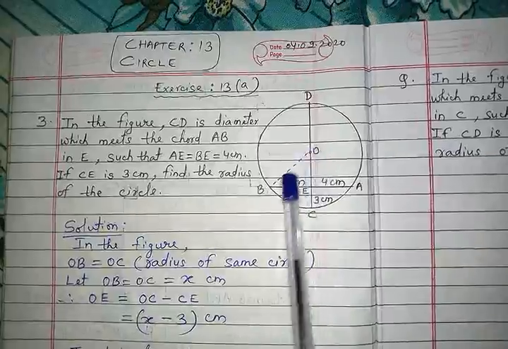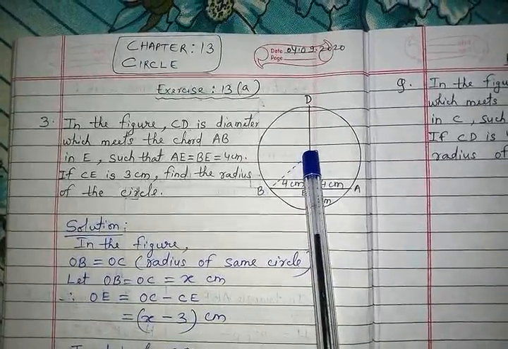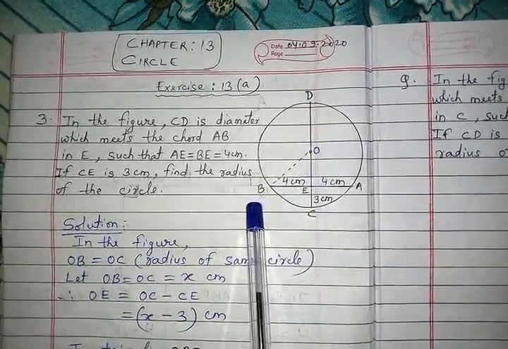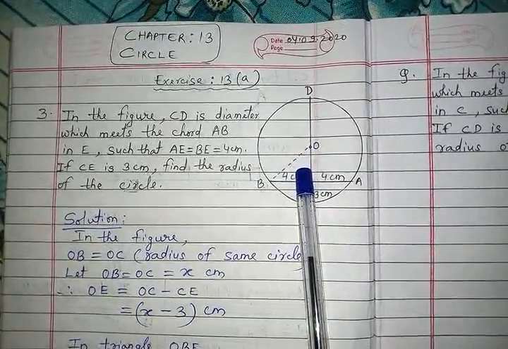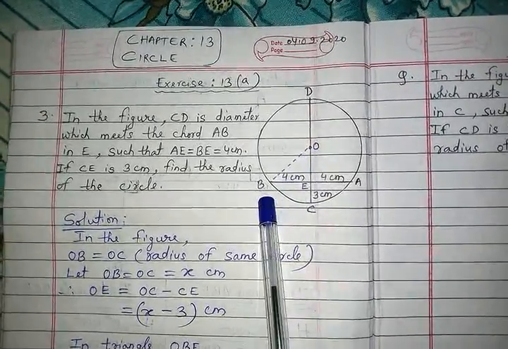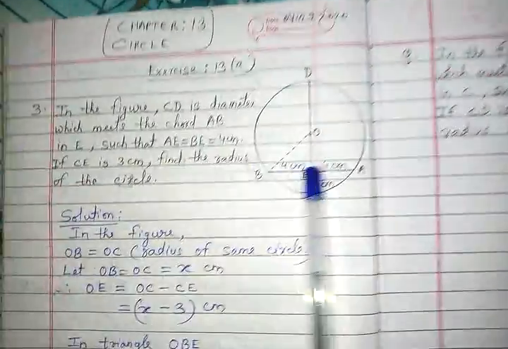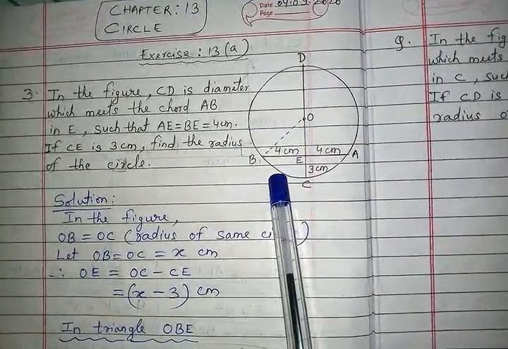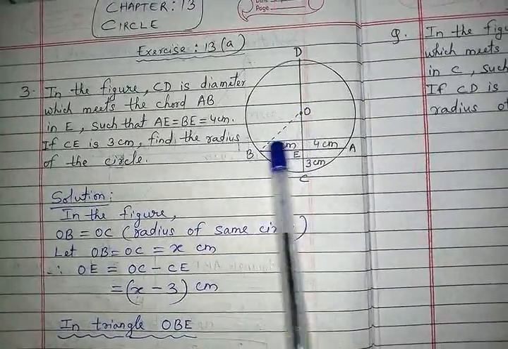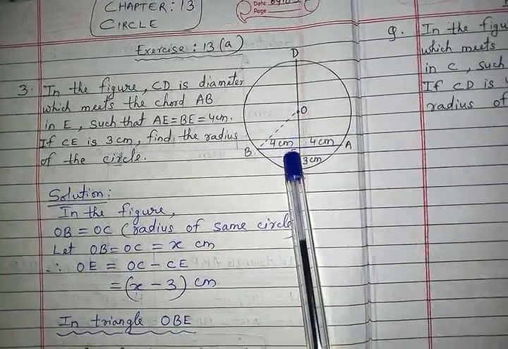I have done it from my part, because when I draw this line, what happens? I find a triangle here. So that's why I have constructed O to B. Now you can see a triangle here. The triangle's name you can see here as OBE, and where E is the 90 degree.